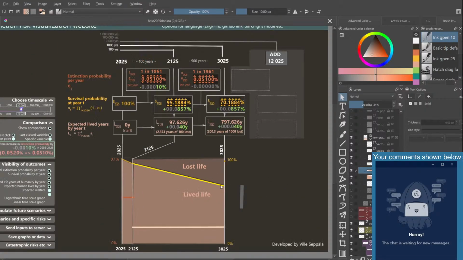So I'm not gonna finish this graph in too much detail because I want to